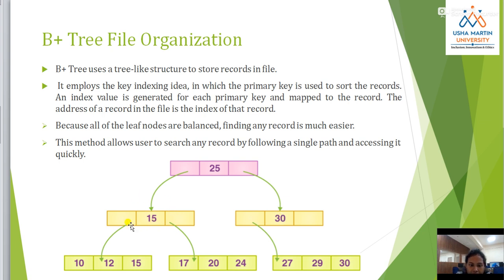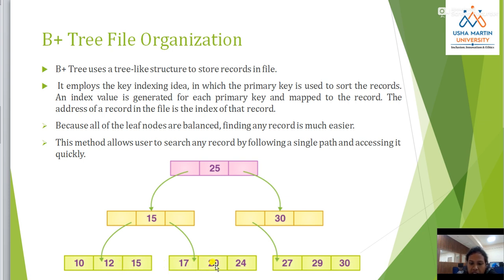Now the root node is 15, so I also have to arrange the left and right subtrees of the root node 15. Here is how we arrange it: the lesser value of 15 is 12, and the greater value is 20. For 12, the left subtree must be less, that is 10, which I have written here, and the next is 15, which is greater than 12. That's why it is balanced now.